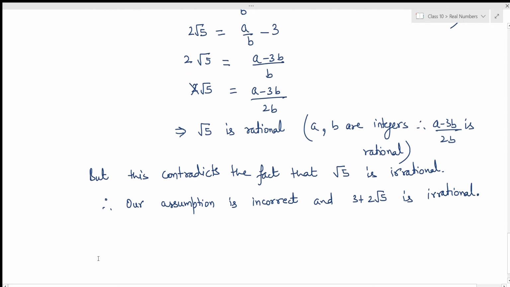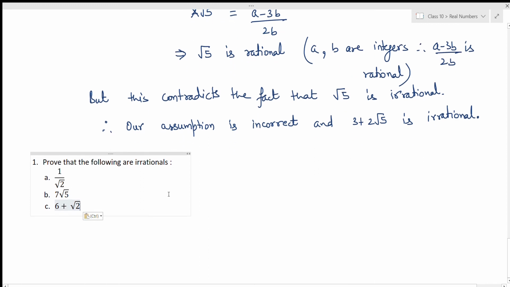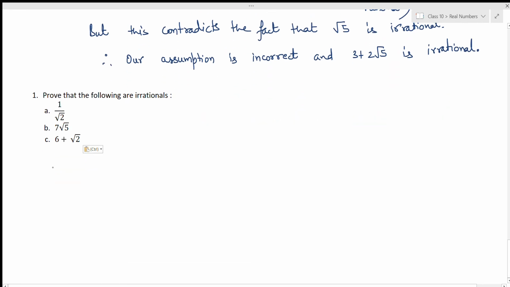Now we have the last question of the exercise. Again, these are the same steps, so let's do only one part, and I think the rest of the parts you all can try on your own. So let's do the a part. You have to prove 1 by root 2 is irrational. So again we'll start. Let 1 by root 2 be rational. When you assume it to be rational, you will say that 1 by root 2 equals a by b, where